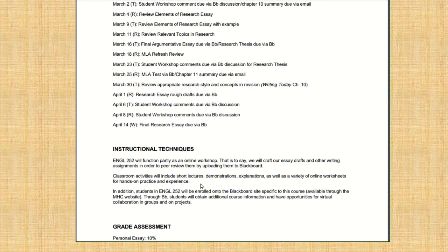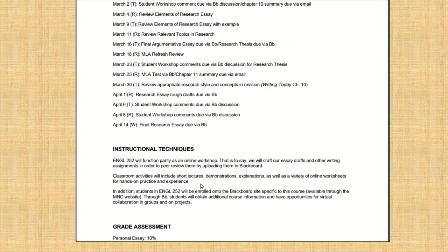So the essays operate like this. The essay rough drafts don't have to be more than, say, 2 pages long, but they should be 2 full pages, double spaced, right? But the essay finals have to be between 3 to 5 pages long, double spaced. For the first essay, it's 3 to 5 pages long. We don't have a reference page. That's APA, by the way, reference. So we don't use APA, right? We use MLA. It's not going to have a works cited page for the first essay, right? Because we're just going to write about our personal experience. So we don't need a works cited page.